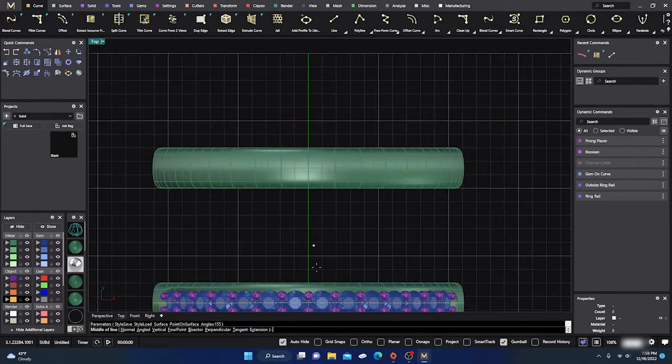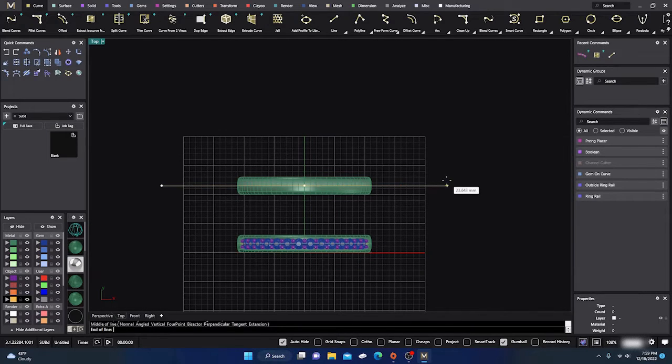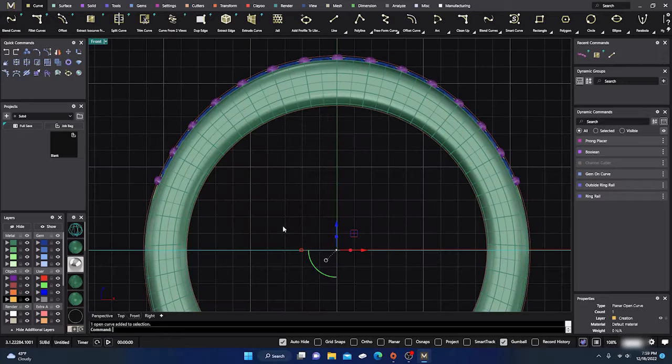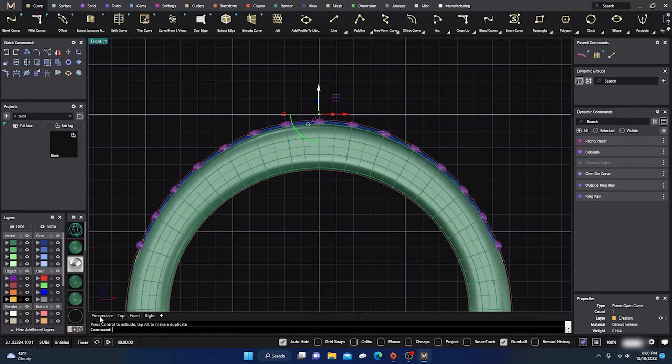If it's at C4, it's no big deal, but I'm going to have to eyeball it here, somewhere right around here. And then I'm just going to hold down shift, drag it all the way out, and then I'm going to take that curve, go to my front view, and drag it up above my surface,